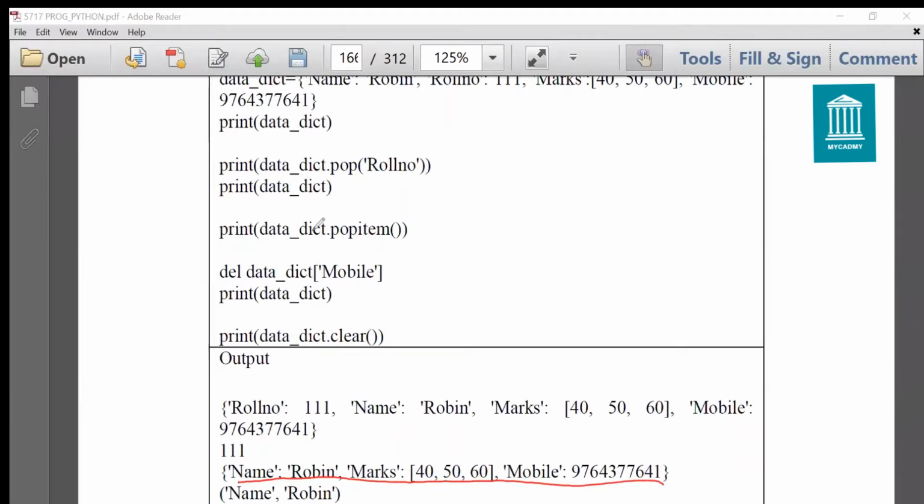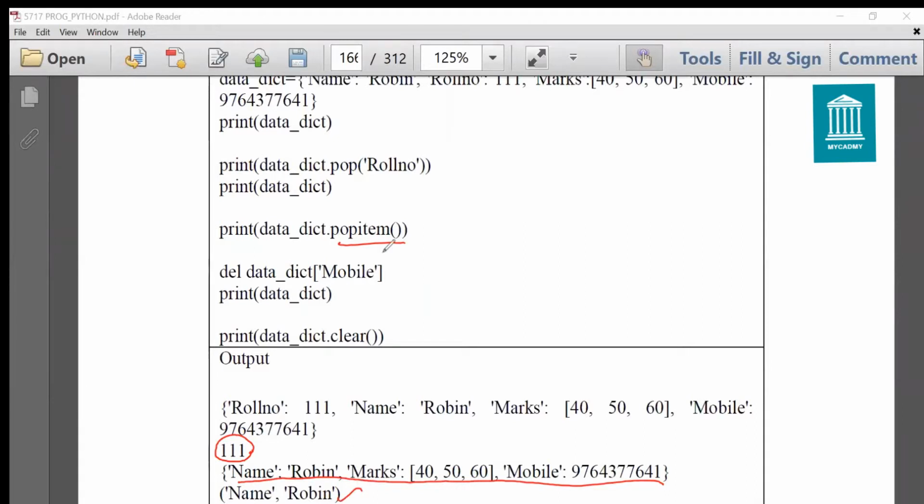Similarly, I have removed an arbitrary element with popitem. Print data dict dot popitem. It also shows you which element has been removed. That's why here you can see 111. And now I'm going to remove an item with popitem again. You can see name Robin. So it has removed Robin from the dictionary, randomly picking it out of it.